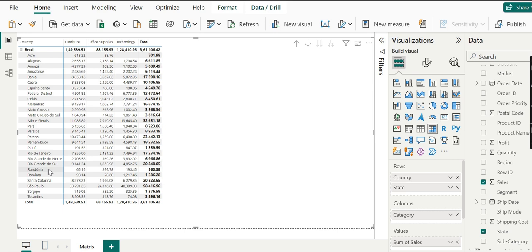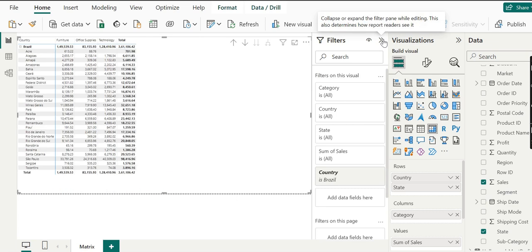Now go to the filter pane and see how the filter can be used in conjunction with the matrix. We will expand the filter. As we expand the filter, we can see this is also a little bit smaller in size. In the filter pane we can see the country Brazil is added here.